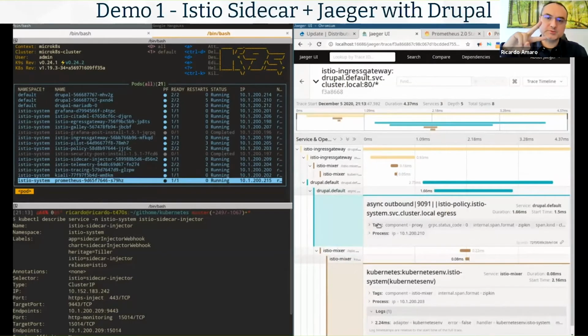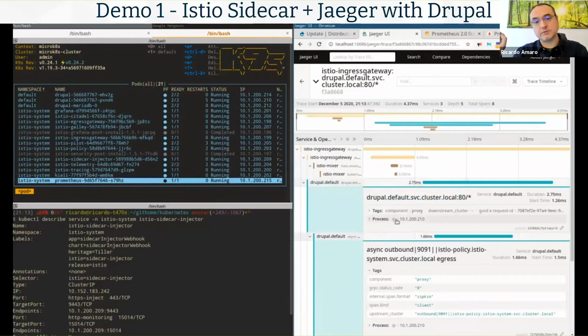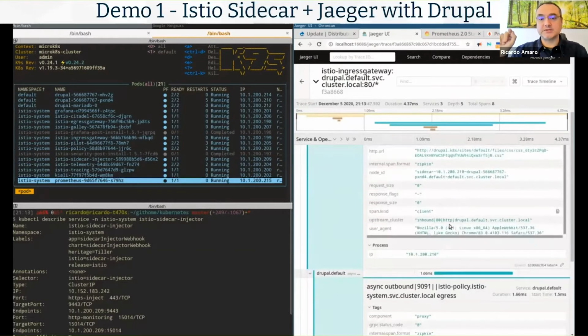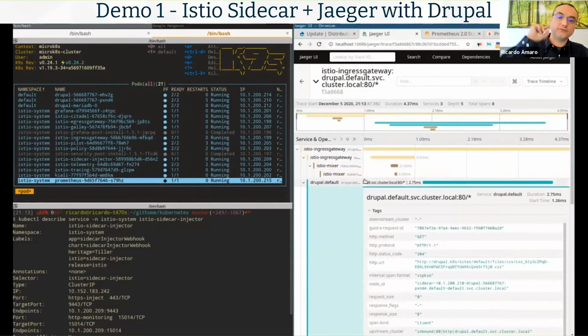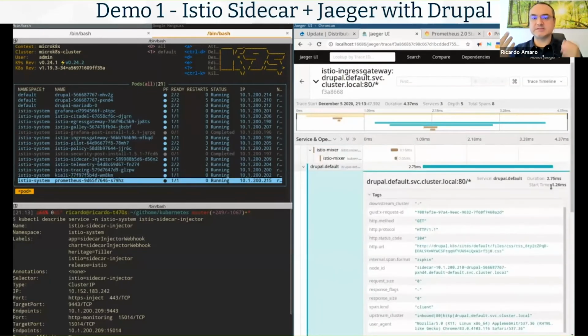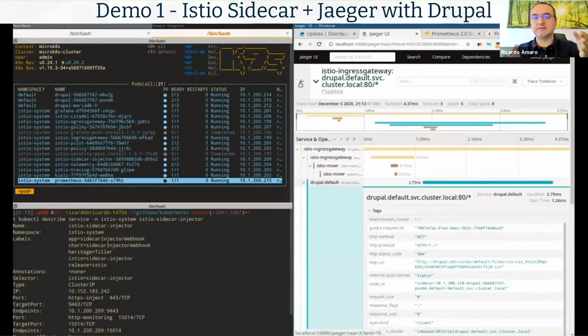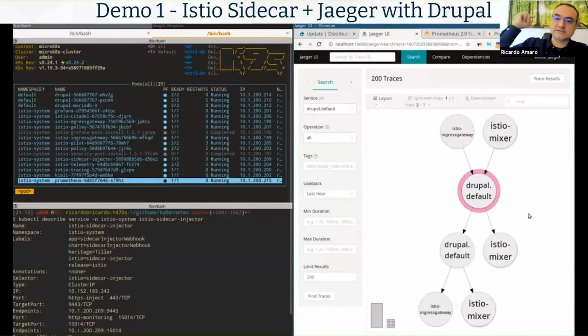And we have 2 Drupal spans, which is interesting, right? This one is outbound, which means something went out of Drupal. And this one is inbound, which means it came to Drupal, and then there's another one coming out of Drupal, which means this is the request I did to check the available updates. So it went inside of Drupal, and then the same request went out of Drupal. So it caught all of that, and I didn't change anything in Drupal in this case. Istio just creates